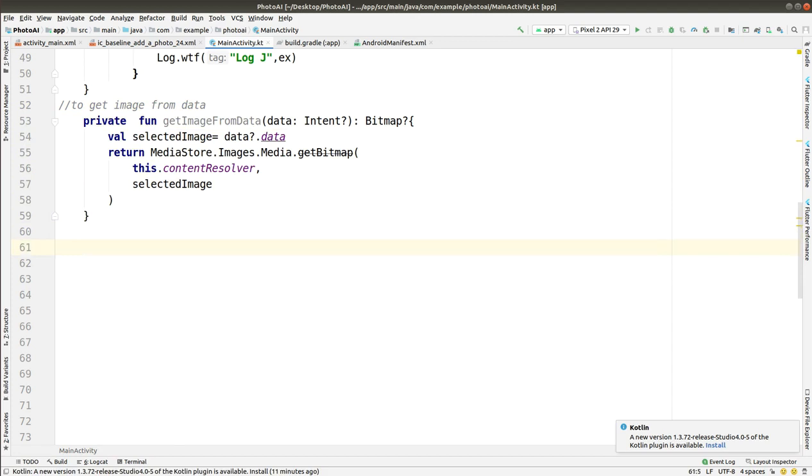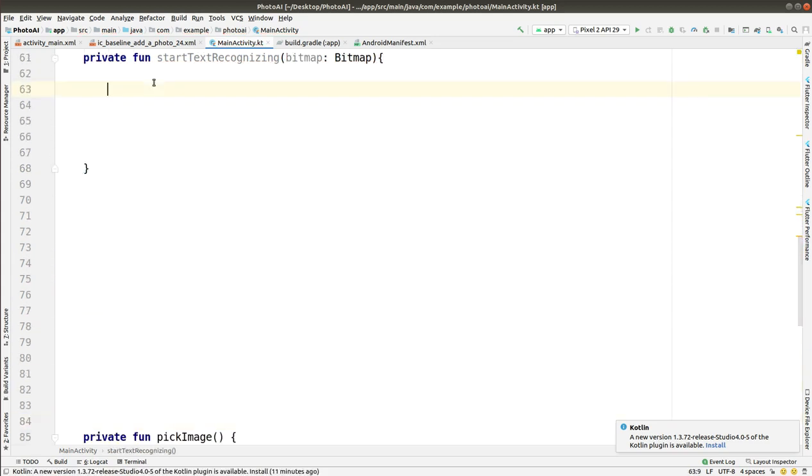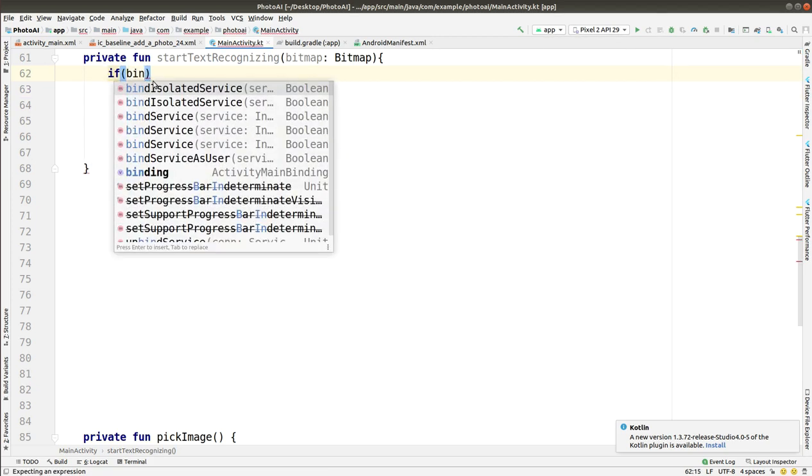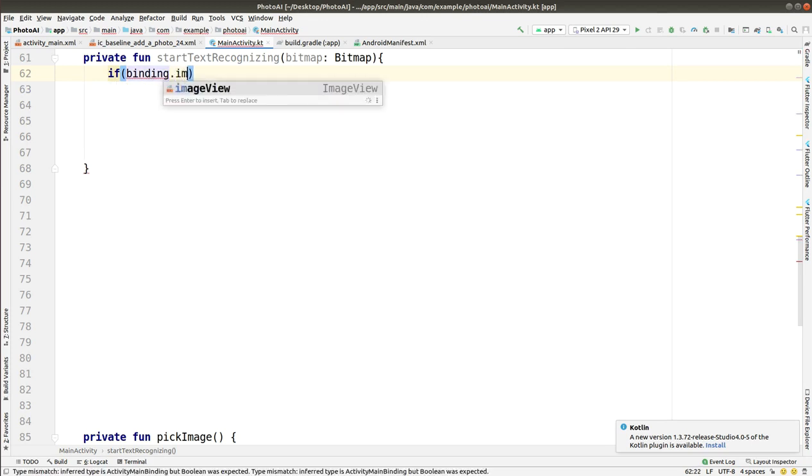That was the second one. The first one that we made was image labeler. Now we will be making another function, that is start text recognition. We are using two technologies provided by MLKit, features like first of all the object detection and then text recognition. So this function is for text recognition, and its parameter is also taking data in the form of bitmap.